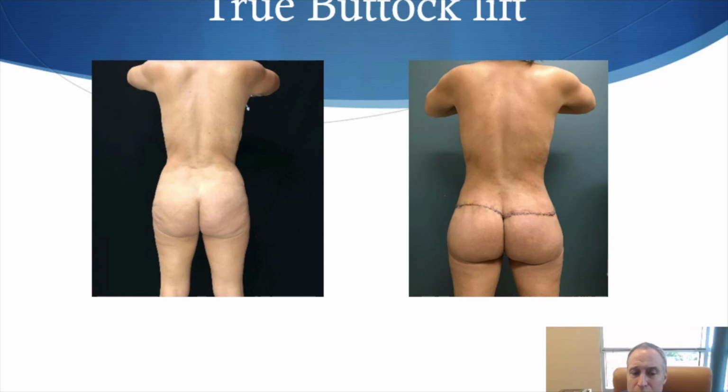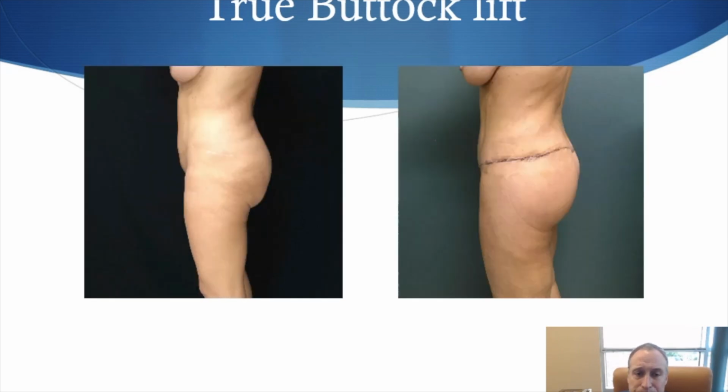And we go from a 40-some-year-old backside to a 20-some-year-old backside, easily hidden in even a low-cut bikini. Very happy patient. And then we see at the side her previous tummy tuck scars here, and this just connected. I was able to raise it up just a little bit for a little different bikini style that she wanted to be able to wear, and how much smoother this buttock crease is compared to here where we see a